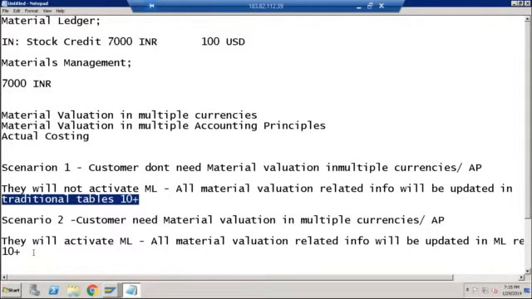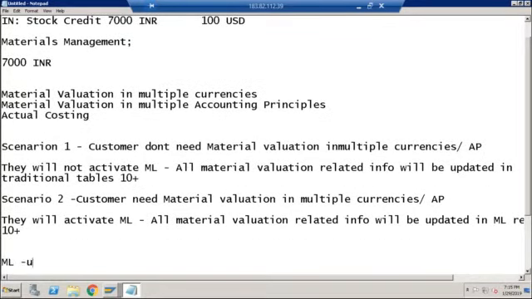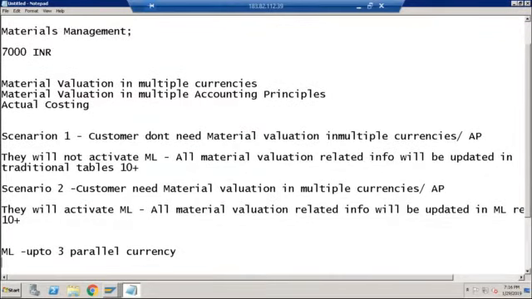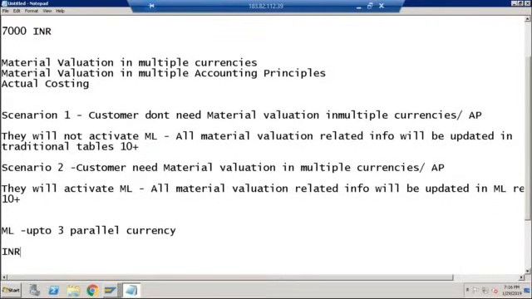For example, if you are activating material ledger functionalities, you can have up to 3 parallel currencies, same as company code in ECC. Let's say INR is your main currency, you want to activate USD as a parallel currency, and Euro as another parallel currency.